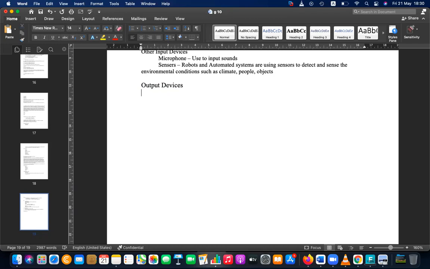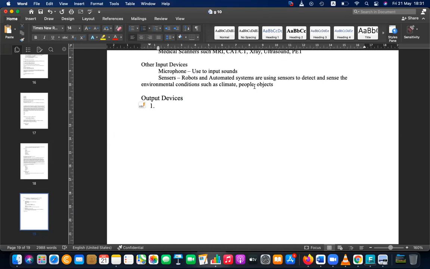So basic output device, I think you already know what is the basic output device. Number one is, yes, what is number one? Yes, come on. Have something in the chat? No. What is the basic output device? That is screen